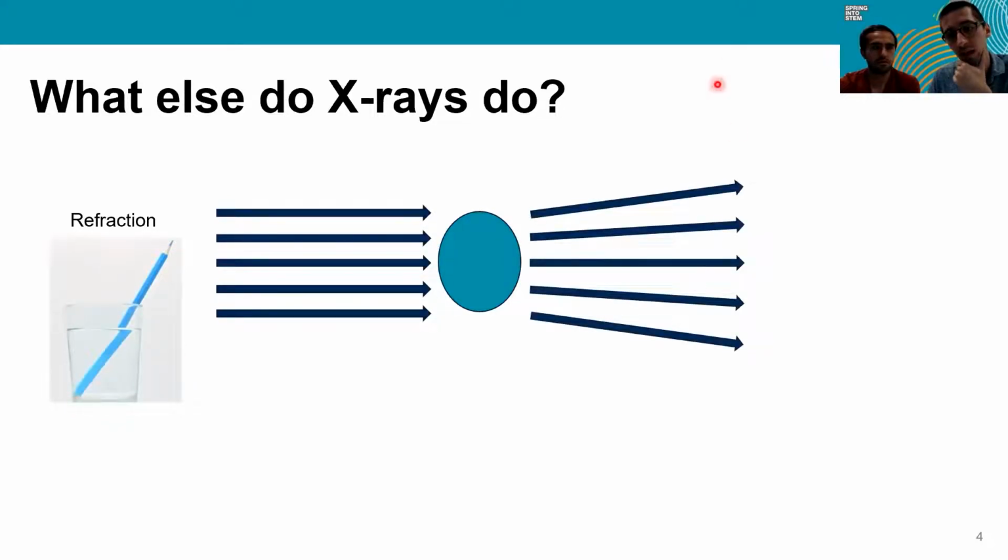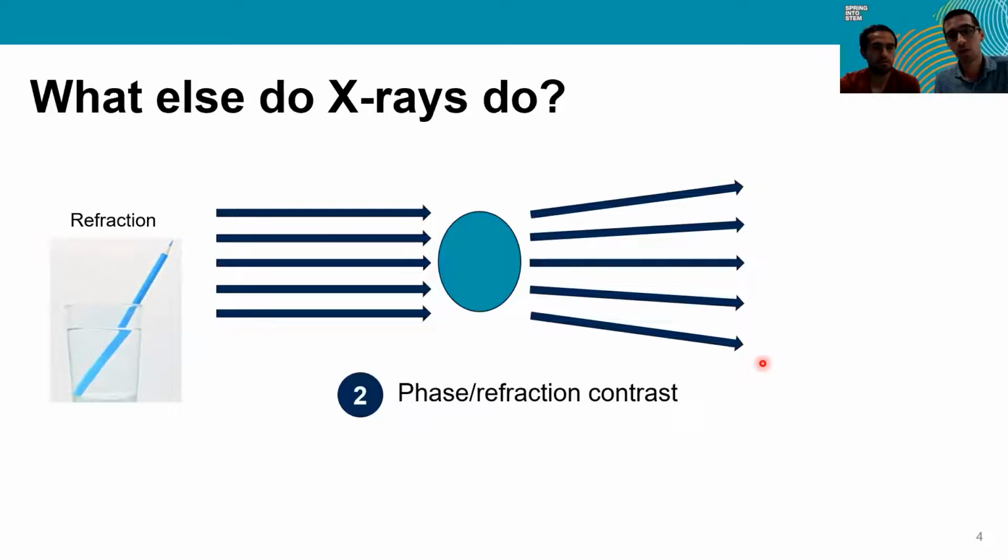This is just an example, by the way, of the type of refraction that you can get. The direction can change in many different ways. And this drives phase or refraction contrast, where we get images based on these phase changes that happen in the sample. And actually, this works much better for something like the breast tissue example that I was mentioning before, for soft tissue, than something like attenuation, because the details that we can get are much better.